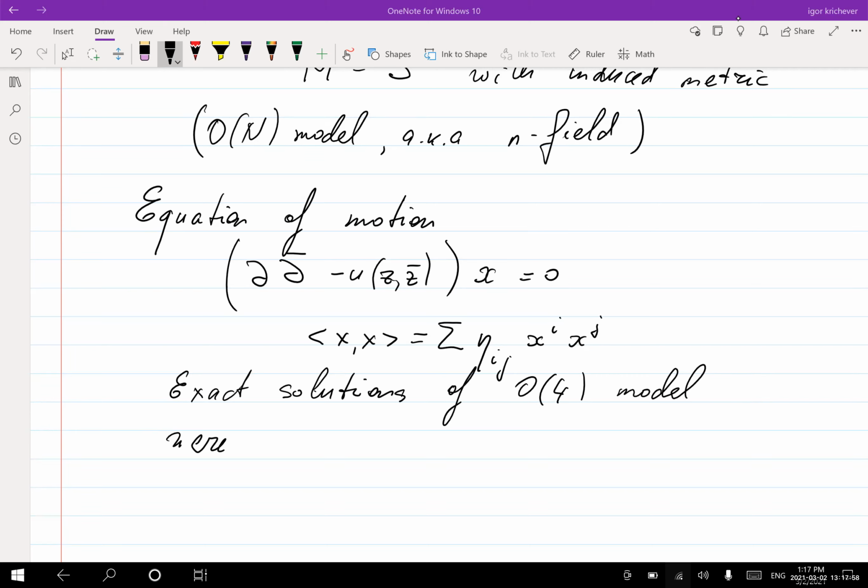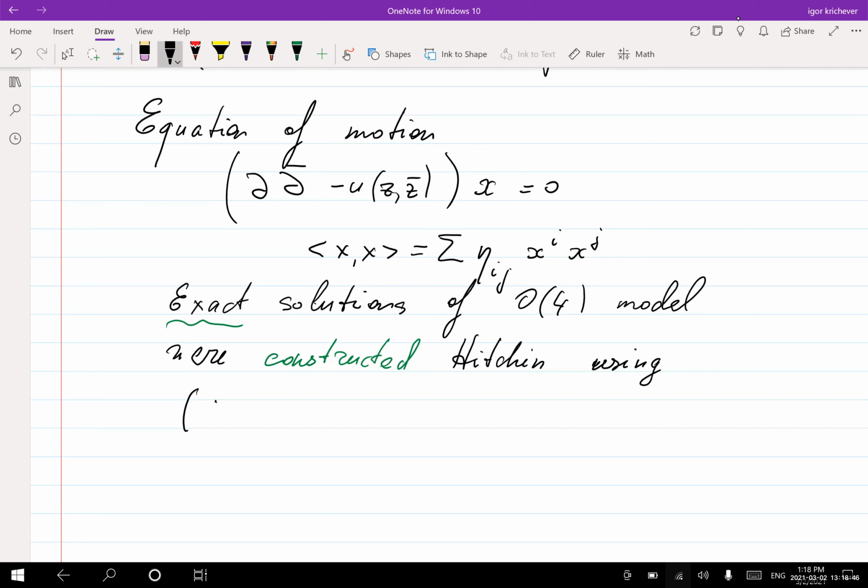Constructed. We'll see the meaning of the word constructed, and maybe exact as well, it's not very constructed. I'll tell what actually was done by Hitchin, using the zero curvature representation found by Pohlmeyer, Mikhailov, Zakharov,